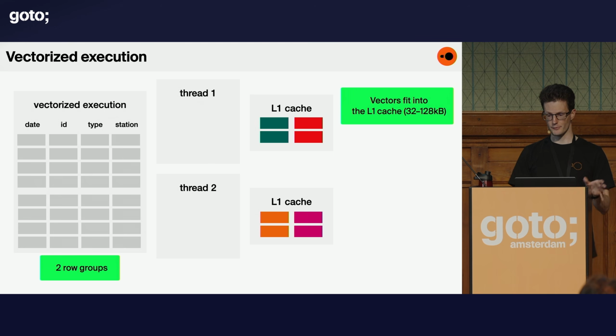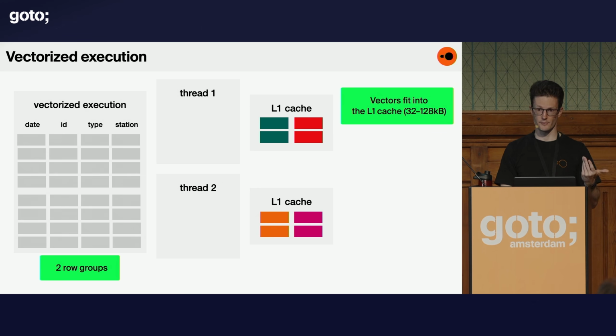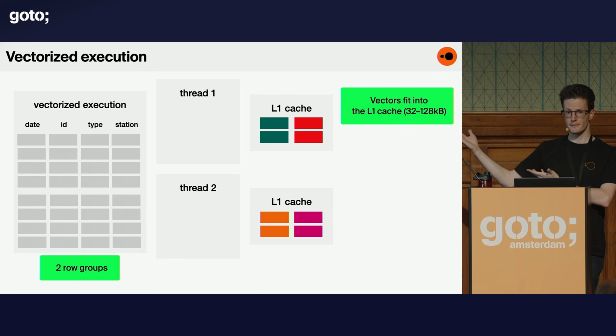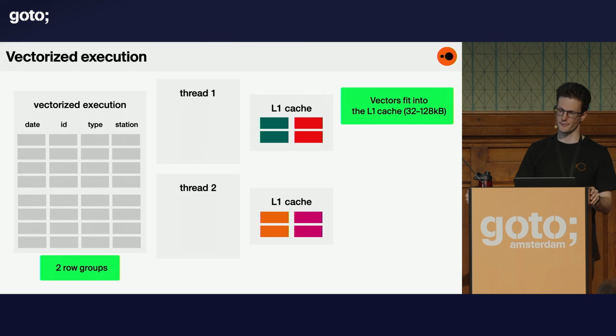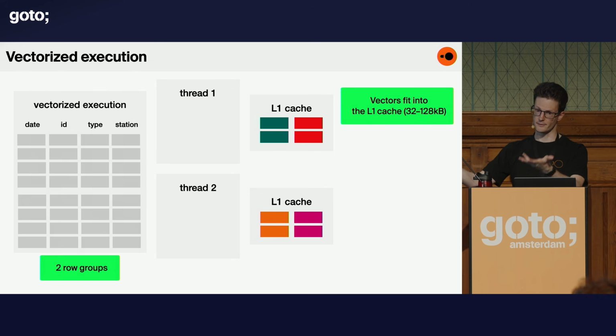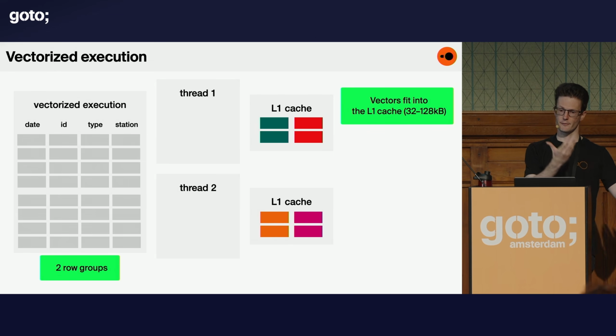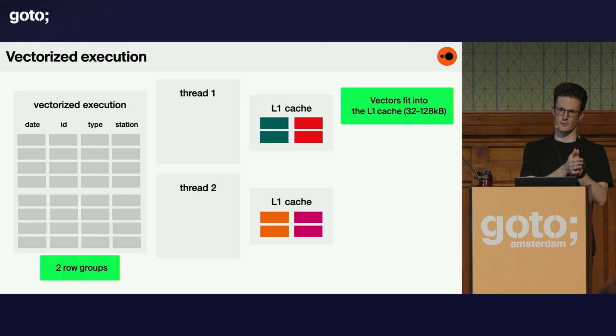And because modern CPUs have L1 caches around 32 to 128 kilobytes per core, this 2048 item in the vector and related columns most of the time fit into the L1 cache, which is much, much faster even compared to main memory. Of course, this sounds very neat, and you may ask, why didn't everyone do this before? I mean, this is how you should get the most performance out of your system. But the problem was that this is really difficult to port because you have an Intel CPU with SSE2, you have an Intel Xeon with AVX512, and then you have an ARM CPU, and you would have to manually program all of them,